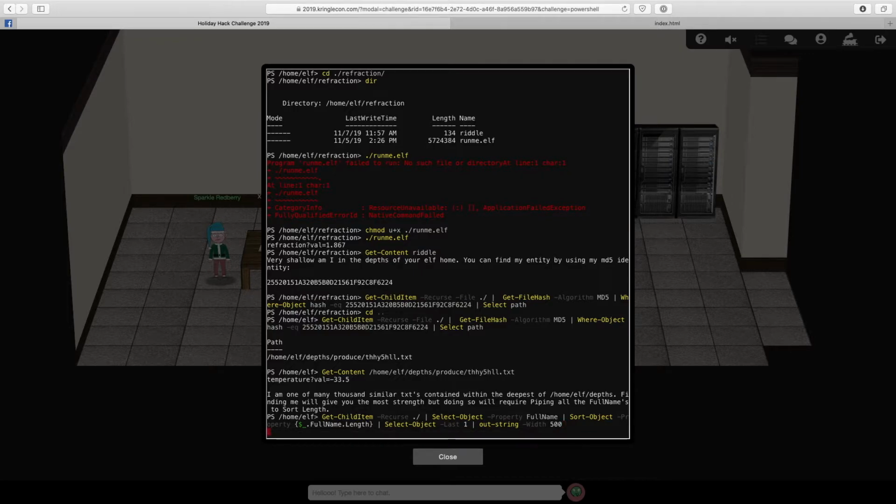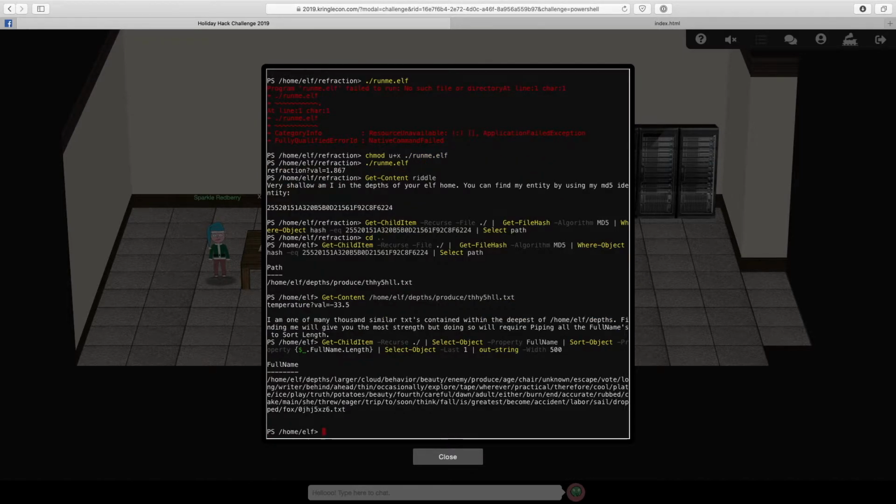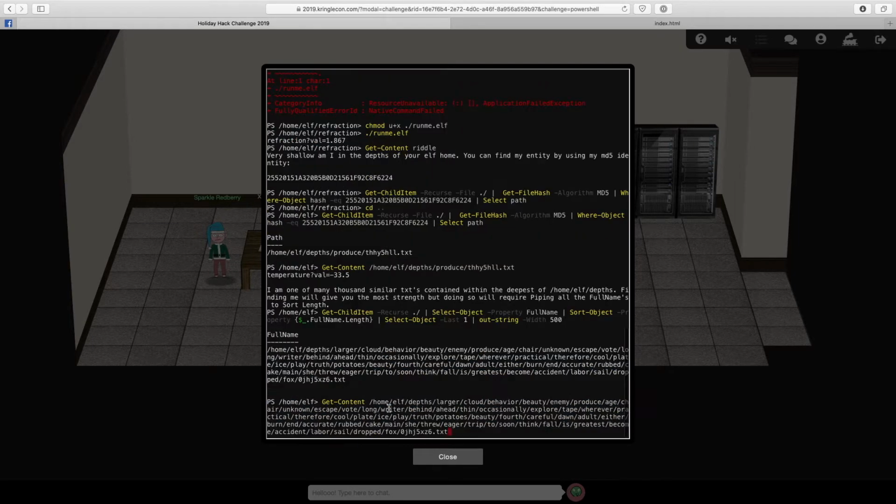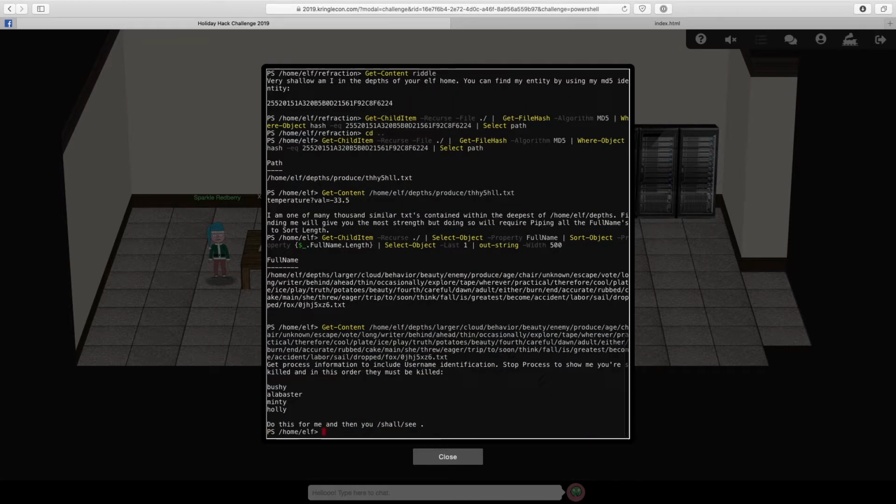Wait for that to finish. And there we go. So that's the file we had to find, hopefully. Again, get content. And paste in this very long file path. There we go. Next up, get process information to include username identification, and stop processes to show me you're skilled,